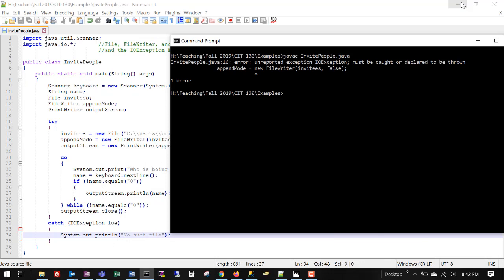So what we're doing is we're catching that. And the reason that the designer of the file writer constructor built it that way is specifically because they wanted to make sure that we handled the situation where the file can't be built. So let's recompile, and now hopefully we get no problems, and we can run the program,